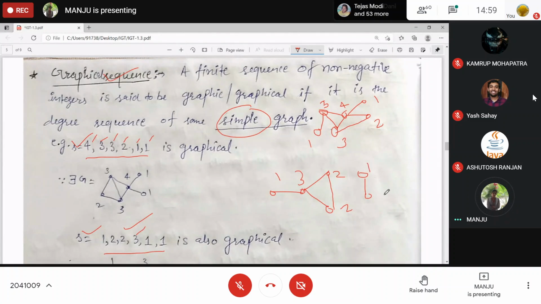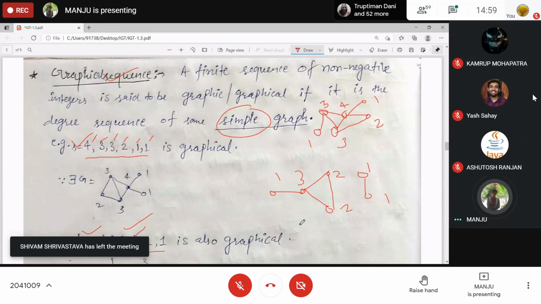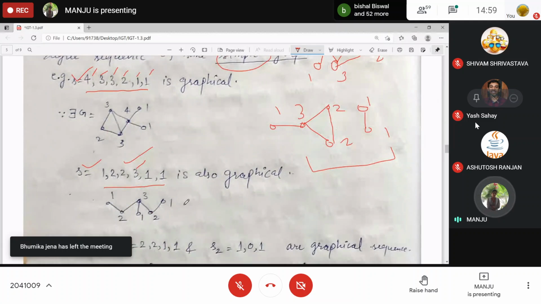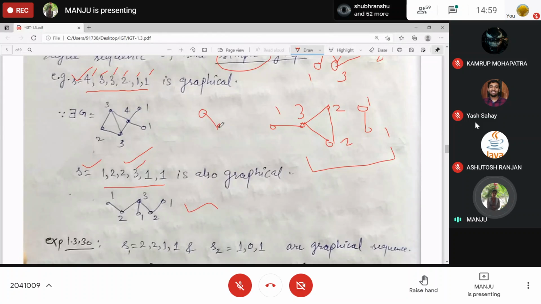Okay, this is working. And also this is working, and obviously this is working. 3, 2, right?